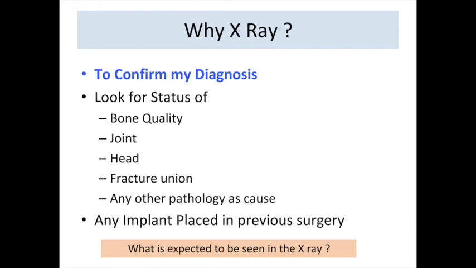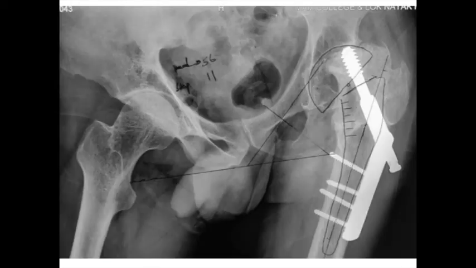And then this set of questions could end with a question: if the X-ray is lost and cannot be traced, okay, what is expected? What do you think will be seen in this patient? So please imagine before you come to your presentation, with your history and examination and your provisional diagnosis, what are you expecting in the X-ray? So now here is the X-ray.